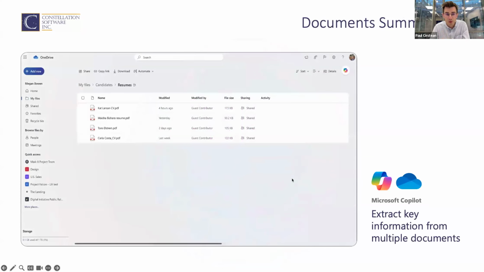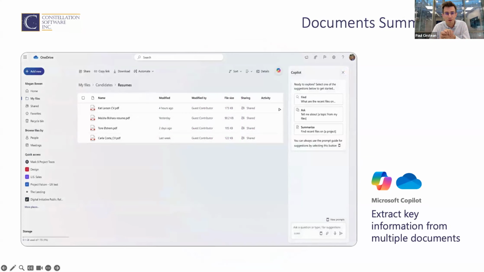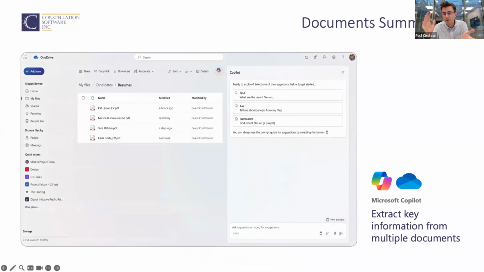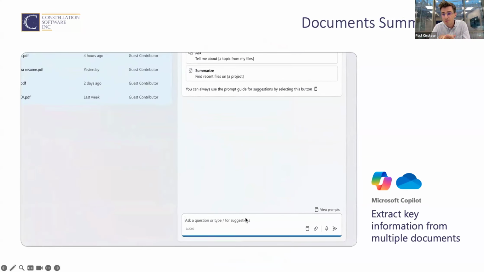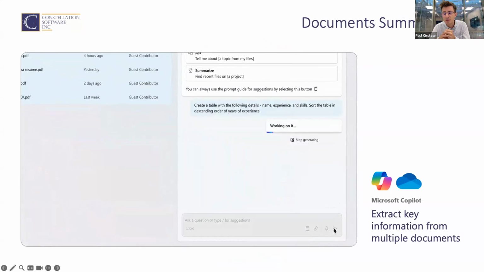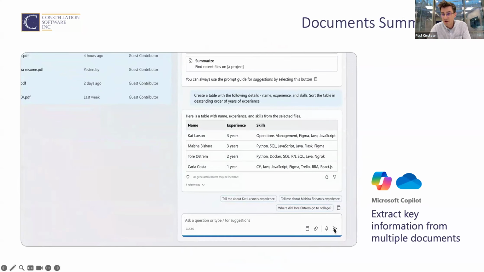If you have Microsoft Copilot, you can use it in OneDrive. Imagine you receive 100 CVs in PDFs. And instead of going through each of them and extracting key information to have a summary of all the candidates, you can use Copilot for that. And you can say, create a table with the following details: name, experience, and skills. Sort the table in the order of years of experience. And again, Copilot will actually go through each of these PDFs, and extract the key information and create the table